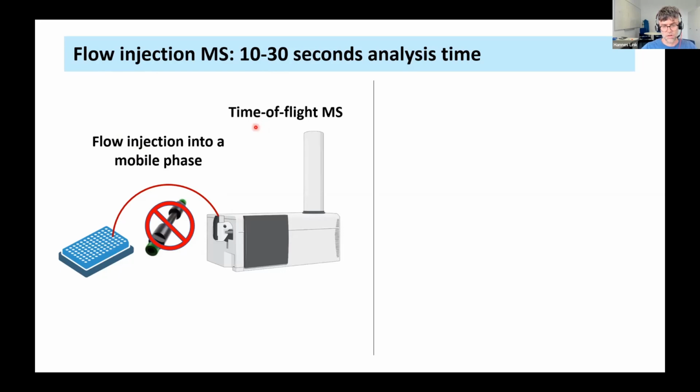And we learned it works best with a time of flight mass spectrometer. We also tested this with the Orbitrap, but there you have some other problems. So the best thing is to do this on a time of flight mass spectrometer. I will show you later why this is exactly the case. And then you can do different things with these methods.